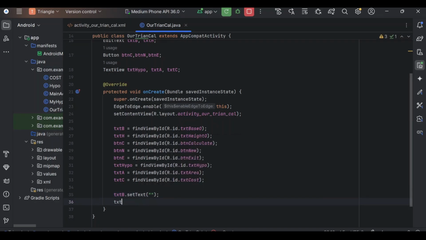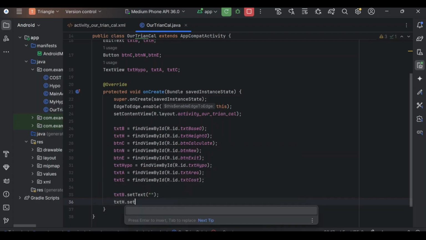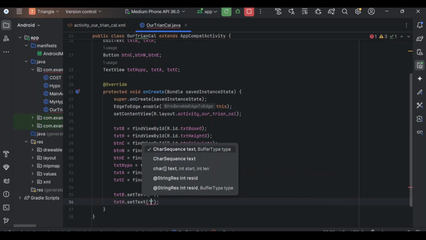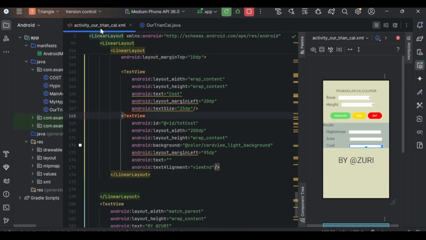And then let's do the same for height dot set text. So for the TST hypo, the hypotenuse,